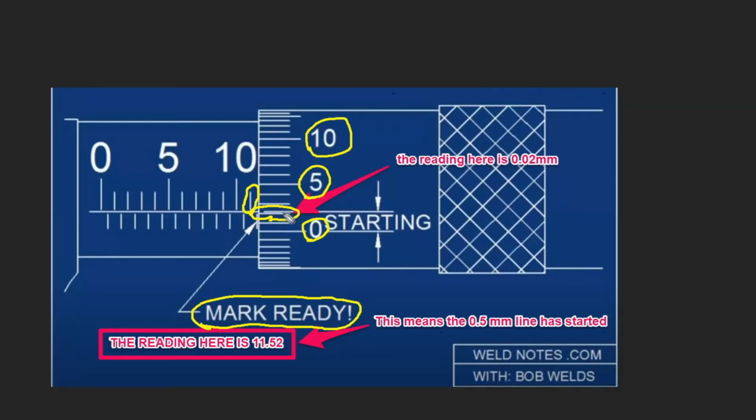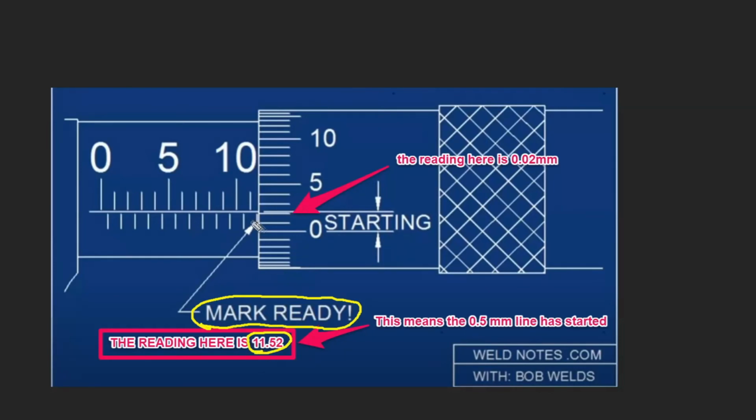So the reading right here is actually 0.02 millimeters. So that's how we know that actually a new mark has started, since it passed the 0 mark. So that mark is actually ready. So we can count this mark in. That means the measurement will now be